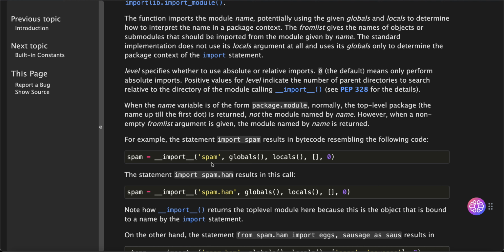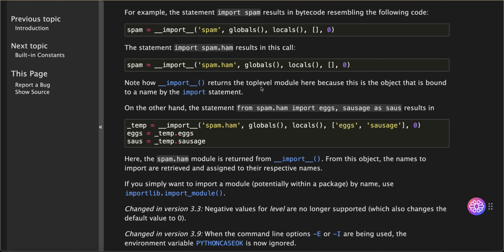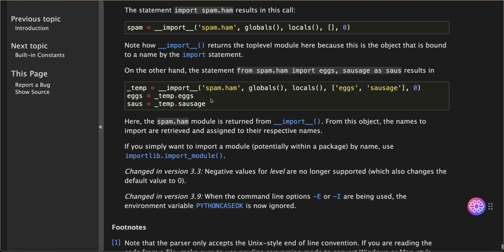spam = __import__('spam', globals(), locals(), [], 0). The statement import spam.ham results in this code: spam = __import__('spam.ham', globals(), locals(), [], 0). Note how __import__ returns the top-level module here because this is the object that is bound to a name by the import statement. On the other hand, the statement from spam.ham import eggs, sausage as saus results in